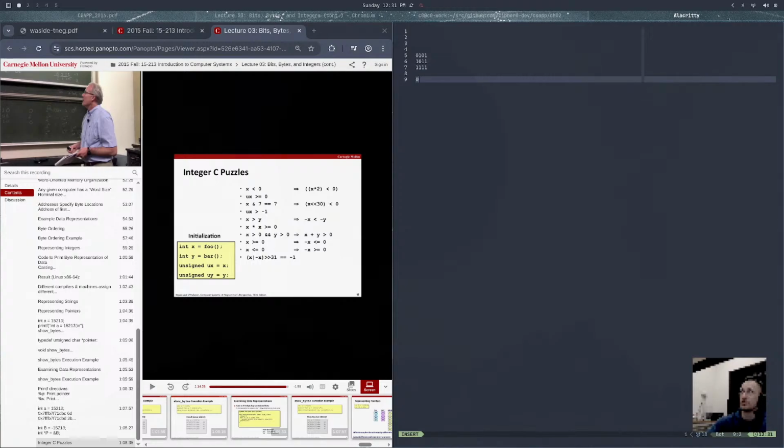So if we did 0, 1, 0, 0 here, and we did 1, 0, 1, 1, and then you add 1 to that, then it becomes 1, 0, 0. And then you XOR them together, you get 1, 0, 0, 0. Yeah, so this is the position of